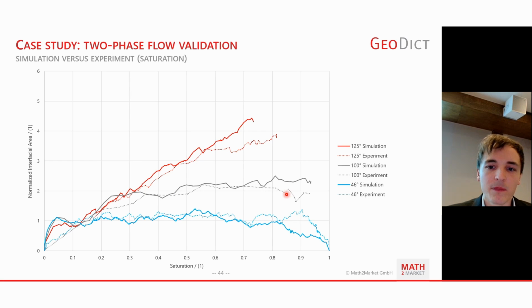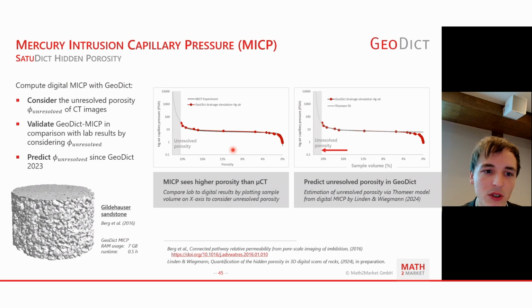We have also done a plot for that, which is the normalized interfacial area between the wetting and the non-wetting fluid against the saturation, for simulation and experiment, of course. And as you can see, the fit is quite good. There are some deviations that can come from the experiment, but also from the experimental setup within the simulations, as the resolution is also a topic here. But the fitting was quite good for that.